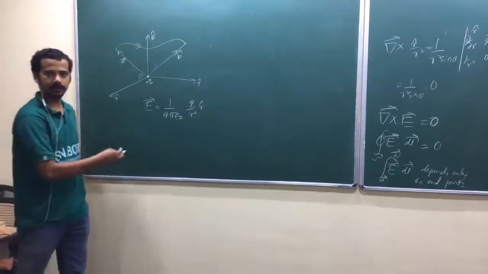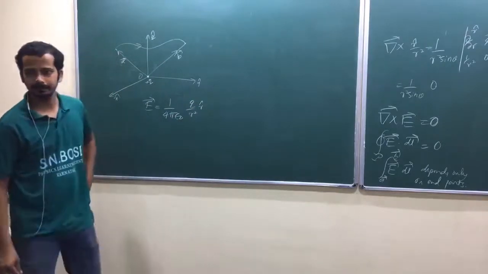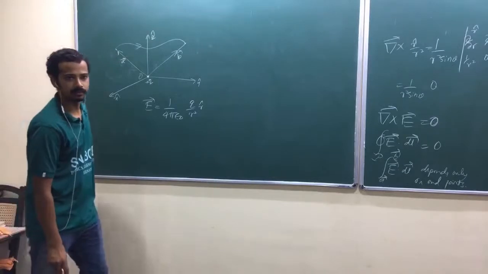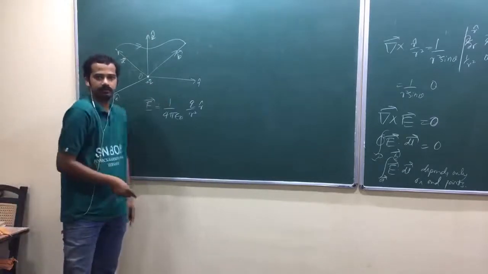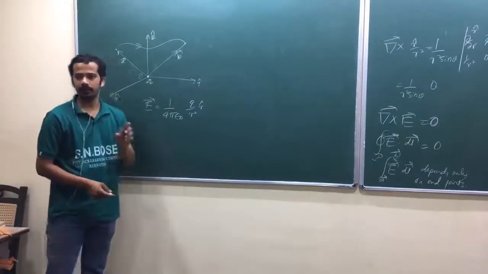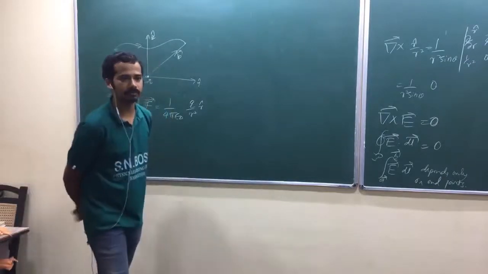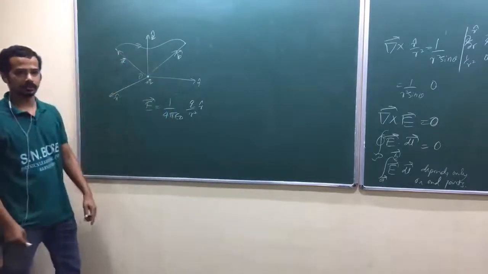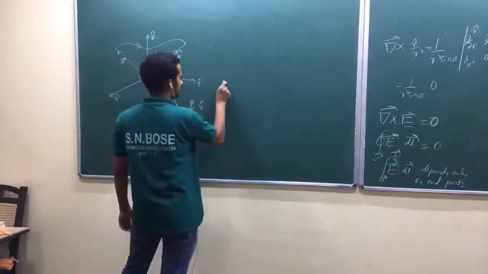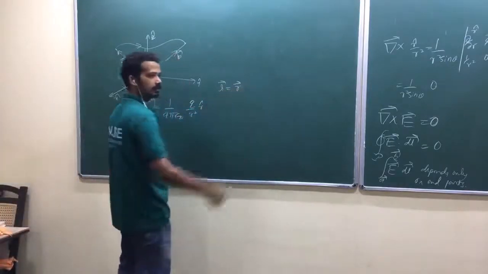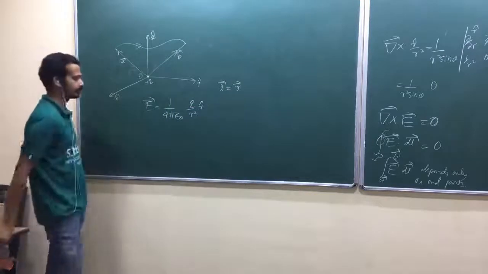Why are we not writing italic R? That is 0. Why? The charge is at the origin, isn't it? What is the italic R? Italic R vector is the position vector of the charge. Am I right? Source charge. Now the source charge is at the origin. Okay. So that's why you can say your italic R vector is equal to R vector, because R prime vector is a null vector. Okay, it is at the origin.